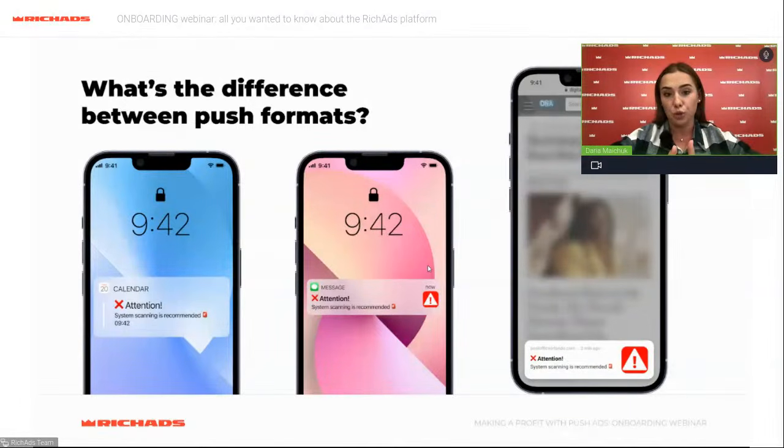What about in page push? First of all, a user doesn't need to subscribe to see them. They just pop up on a website. Furthermore, only an icon is needed for in-page push. No banner is required. Basically, in-page push notifications look like traditional push ads that users see on mobile devices. And the main distinctive feature of both formats is that they allow to cover iOS users, unlike classic push ads. So if you want to target only iPhone owners, pay closer attention to them.